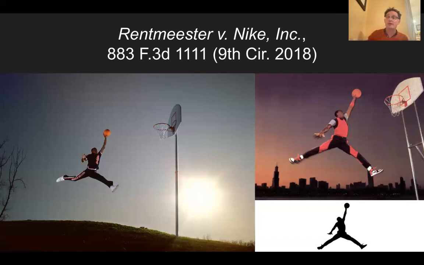And then the court proceeds to point out the differences between the 2, right? So it says, look, to the extent that there are particular elements, we break down the Rentmeester photo into elements, none of those elements were precisely copied by Nike, and therefore the Nike photograph can't be an infringement of the Rentmeester photograph because the elements that Nike copied are not the protectable elements from the Rentmeester photo. To the extent that they're similar because of unprotectable elements, and the protected elements of the Rentmeester photo are not the elements that were actually copied by Nike under the circumstances.